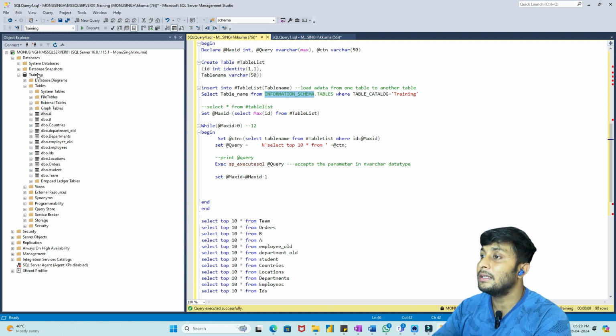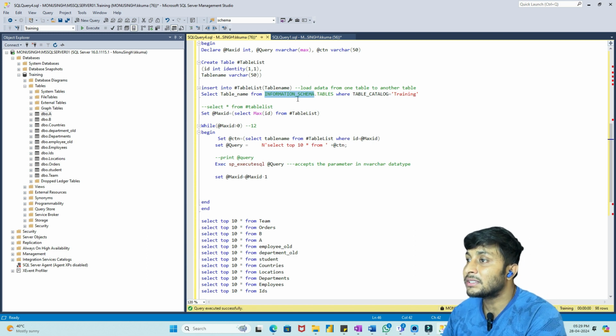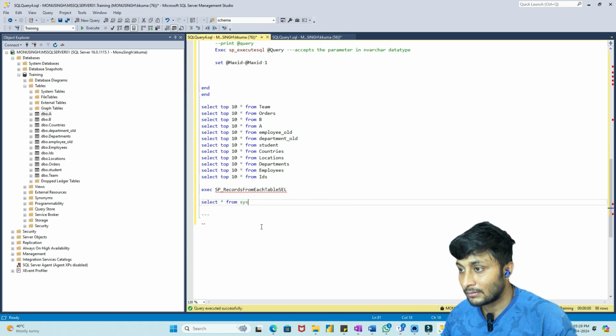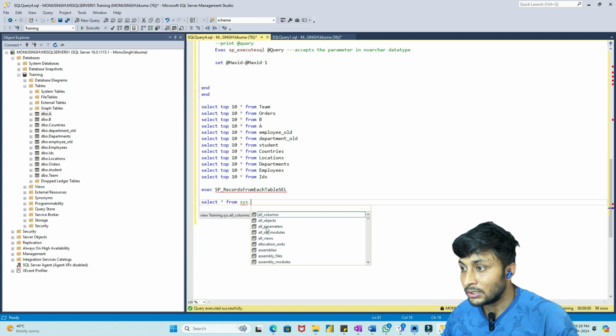This information is not in information schema, it is in sys dot object. Sys dot. So there are